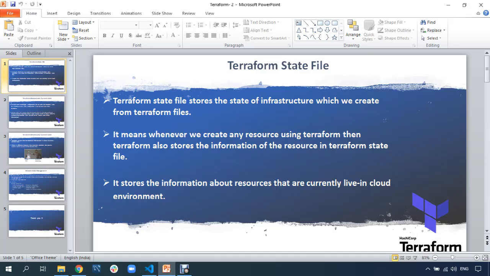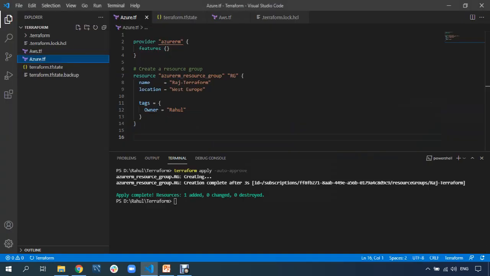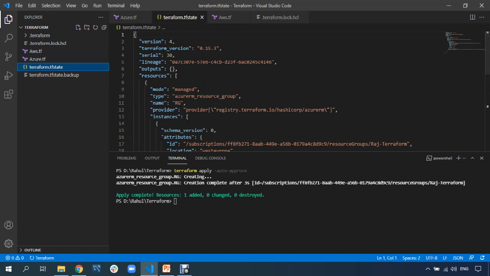So basically what I was trying to say, in the Terraform state file, the information of your resources will be available. It means this is the database for your resources which you are going to create using the Terraform, not from the portal, only from this Terraform. So now if you go and see this Terraform TF state file, can you see? I told you, right? Whatever resources you create, it will come under this resource block.